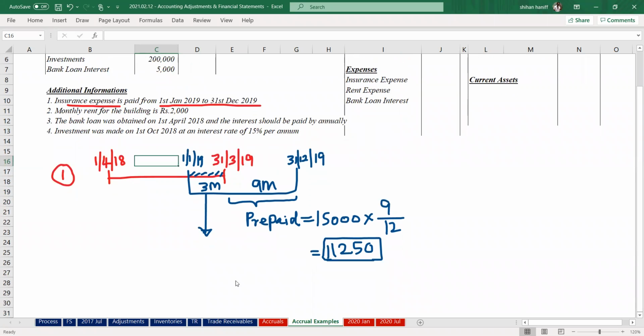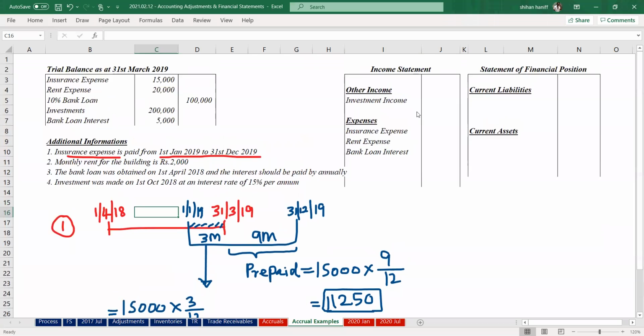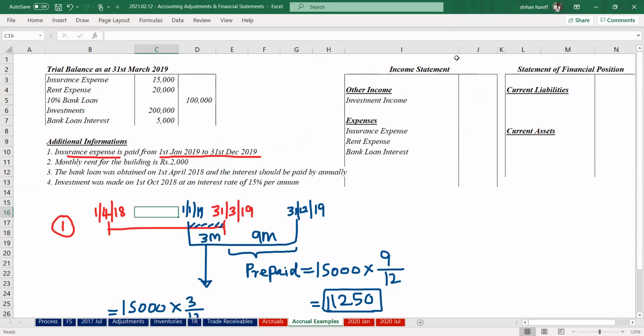So current financial year means out of 15,000, 3 months, so 3 months means it's 3,750. When you are recording here on the income statement, what you can do is